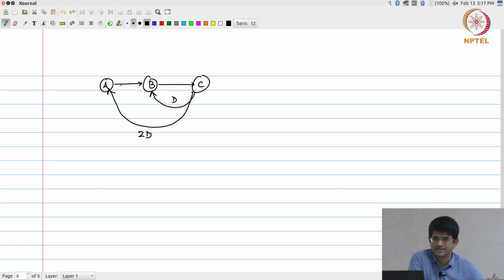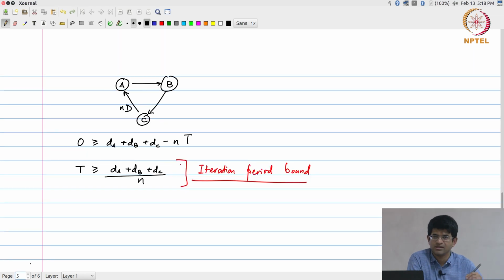Supposing I had this as my data flow graph, what would you estimate is going to be the iteration period bound over here? Now what I need to do is look more carefully at it and say, okay, how do I actually come up with the iteration period bound? Where did the iteration period bound come from in this previous thing? Because of the fact that there was a cycle in the graph, or a loop,